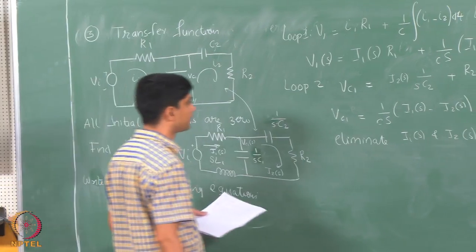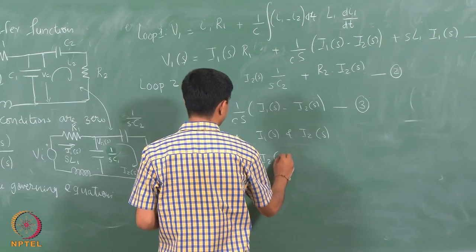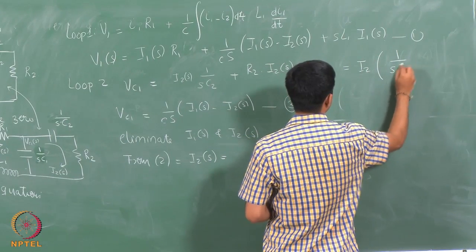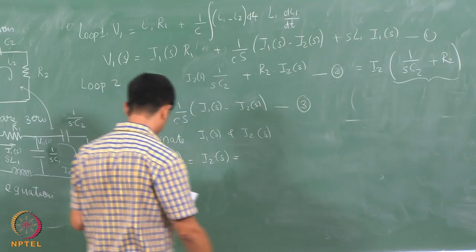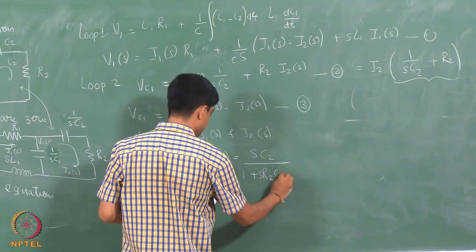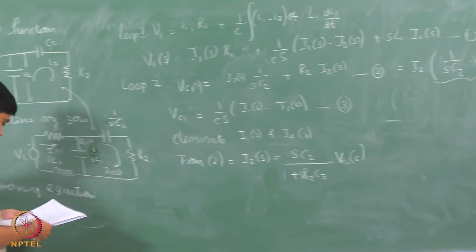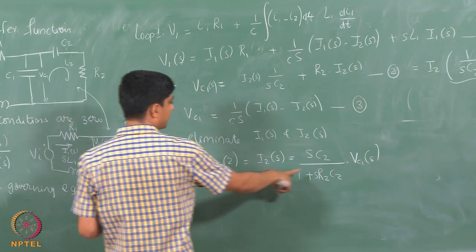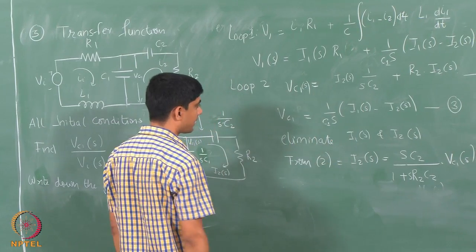Okay. So, from 2 what I have that I2 of S can be written as, so if I just write this equivalently as I2 times 1 over S C2 plus R2, right. So, I2 of S would be VC1 divided by this entire thing. So, this would be S C2 over 1 plus R2 S C2 times this one VC1 of S. So, all this will be S. Okay. So, now I have eliminated this from here. So, I know I2 in terms of VC1. Okay. So, we have eliminated I2 from equation 2 and okay, from equation 3